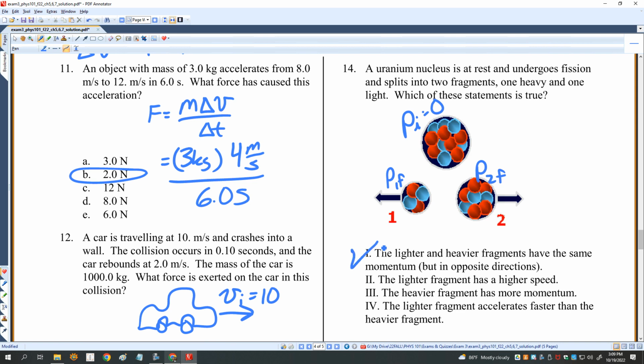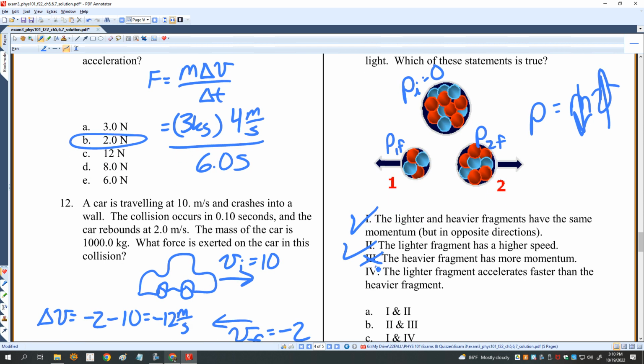A lighter fragment has the greater speed. Yes, since P is equal to M times V, if M is small, V is big. Heavier fragment has more momentum. No, that would be opposite of number 1. And the lighter fragment accelerates faster than the heavier fragment. Yeah, because V goes up at a faster rate, and so